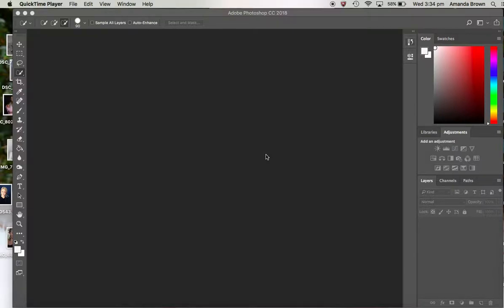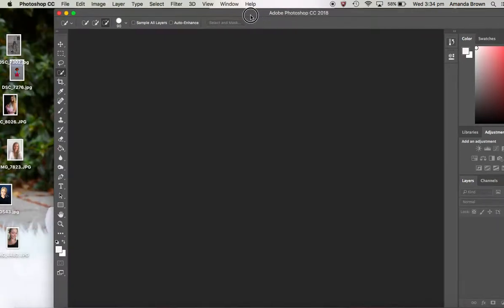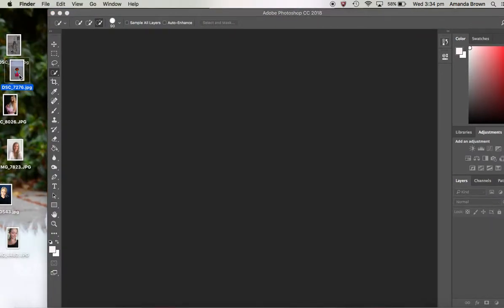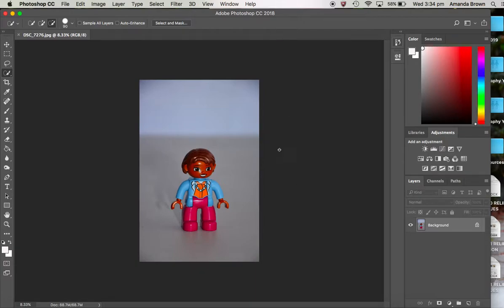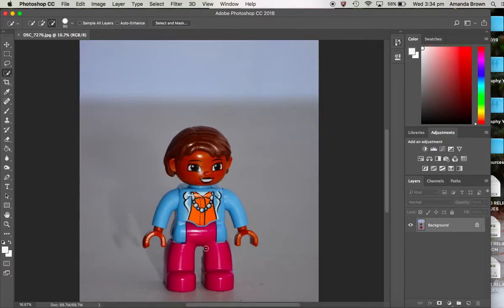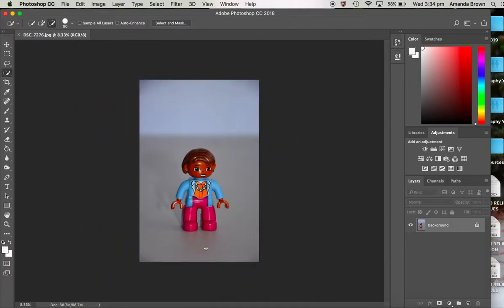I'm going to do a lesson on deleting the background of a Lego character. So the first thing that you need to do is open up Photoshop, find your photo and drag it onto Photoshop. There she is. Okay, to enlarge that, I'm going to press Command plus on my keyboard and Command minus will shrink it, or you can click the eyeglass over here and select the tools up there and then just